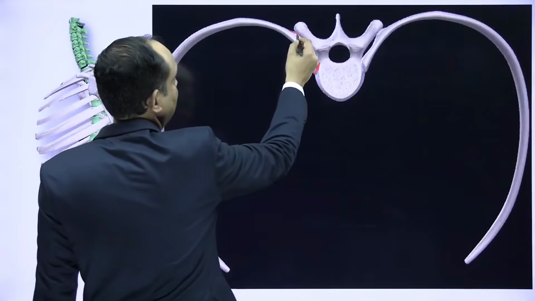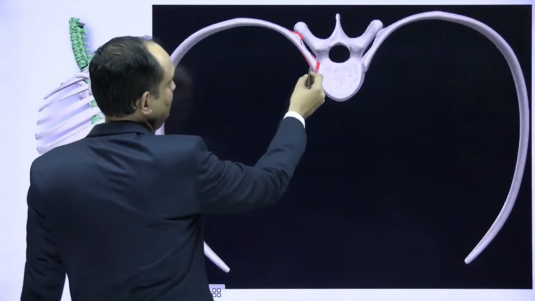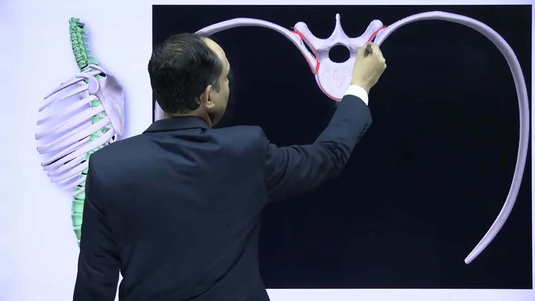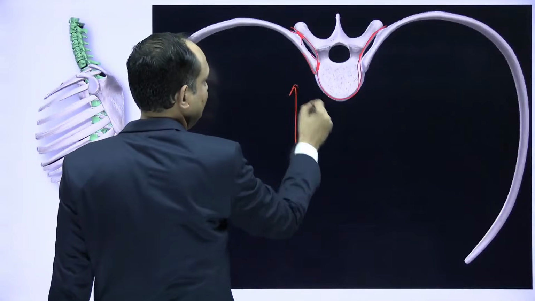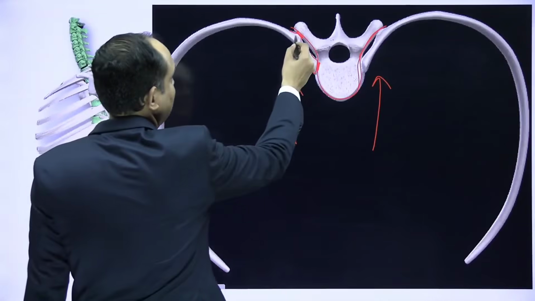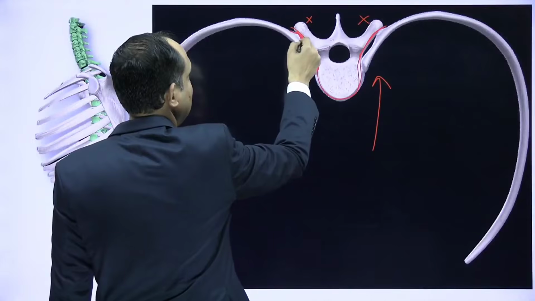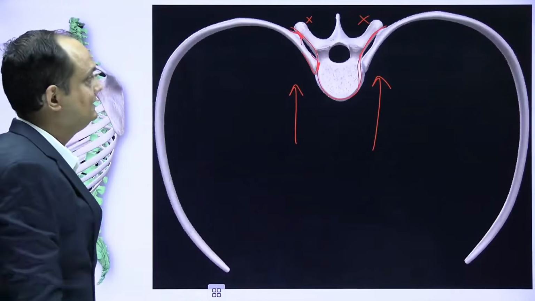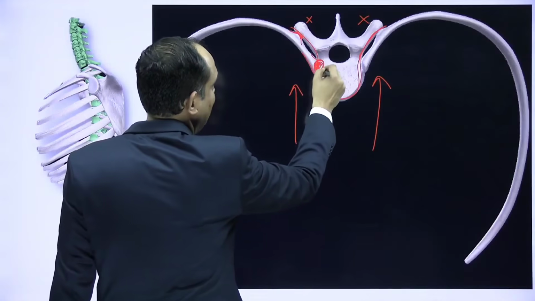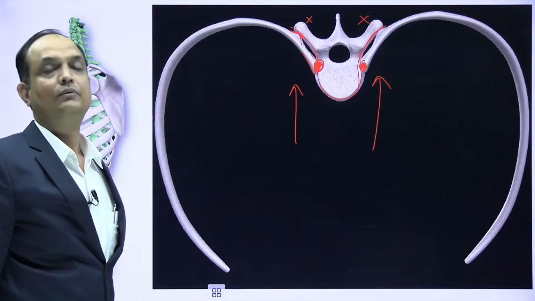Now this is the tubercle of the rib which is articulating here on the transverse process, but you can see that this is the anterior surface of the transverse process. If you draw here, this is the anterior surface or the ventral side of the vertebra. So the facet is not present on the posterior aspect, it is present on the anterior aspect of the transverse process. Second, the articular facet for the head of the rib is present on the side of the body of